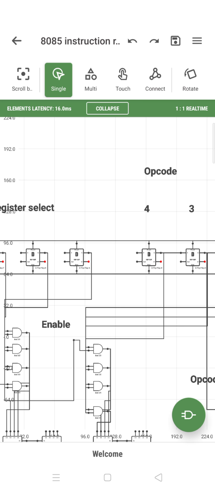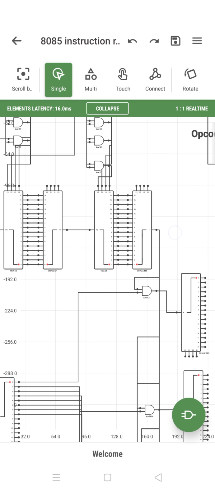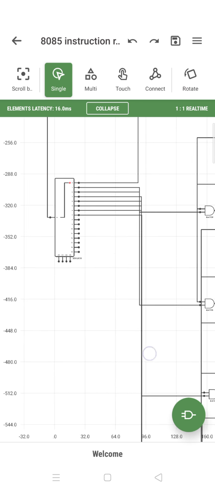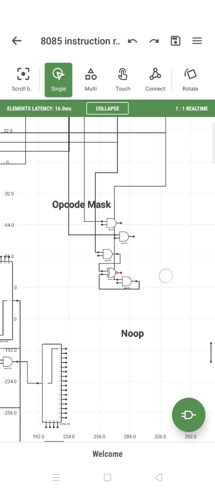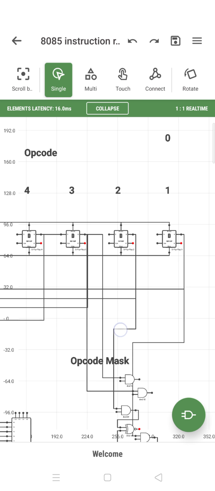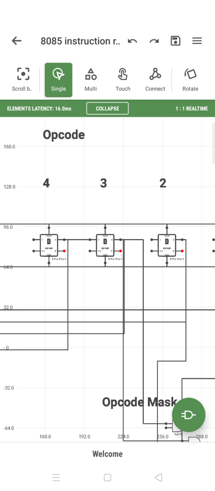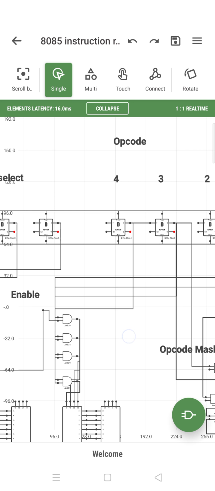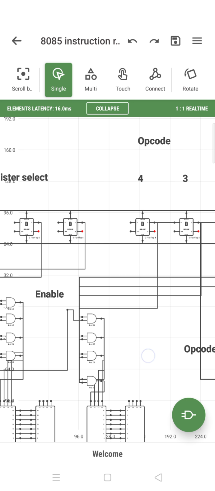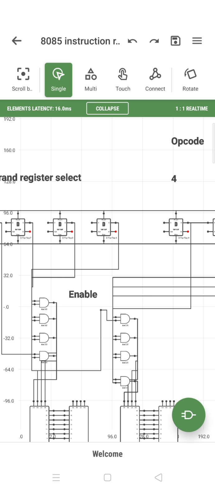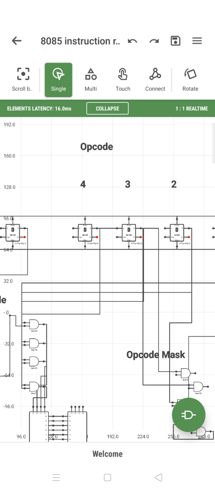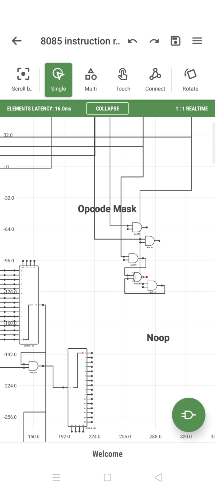Now to enable or disable, you can have control circuitry. I just wanted to show what the circuitry looks like for an opcode and an instruction cycle. Basically it gets a set of D registers where the opcode is stored, or the kind of instruction is stored. Usually the instruction is like move byte 5. The 5 is stored somewhere here, and the move byte instruction is stored here, and for move byte 5, the complete cycle for that particular thing is enabled.